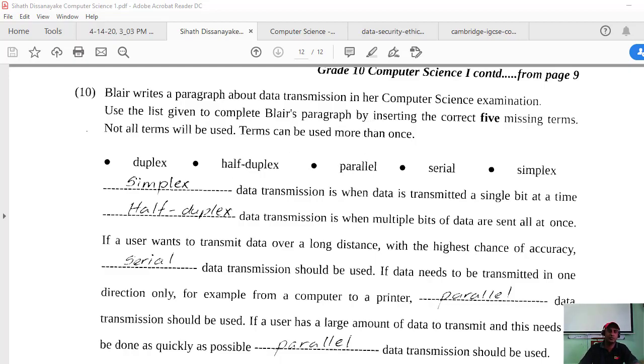So we will check the answers. Here it says simplex data transmission is when data is transmitted a single bit at a time. It's not simplex, it's serial, right?